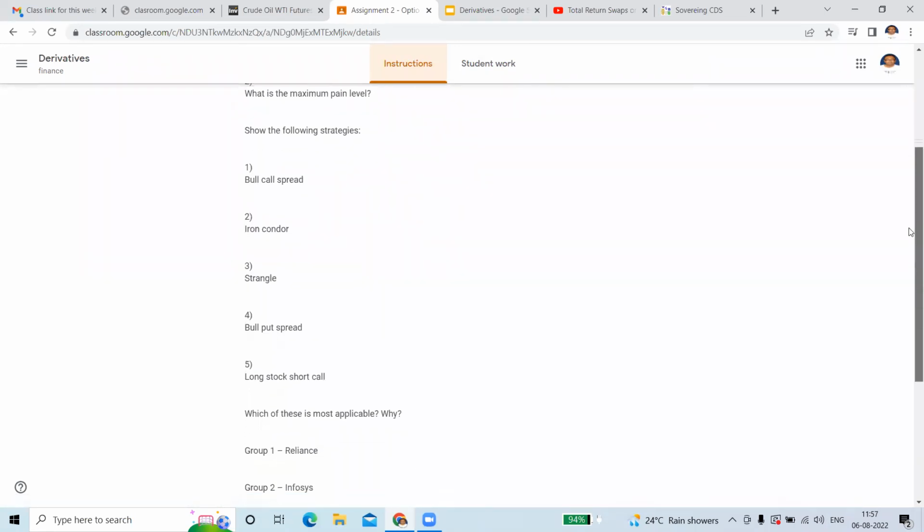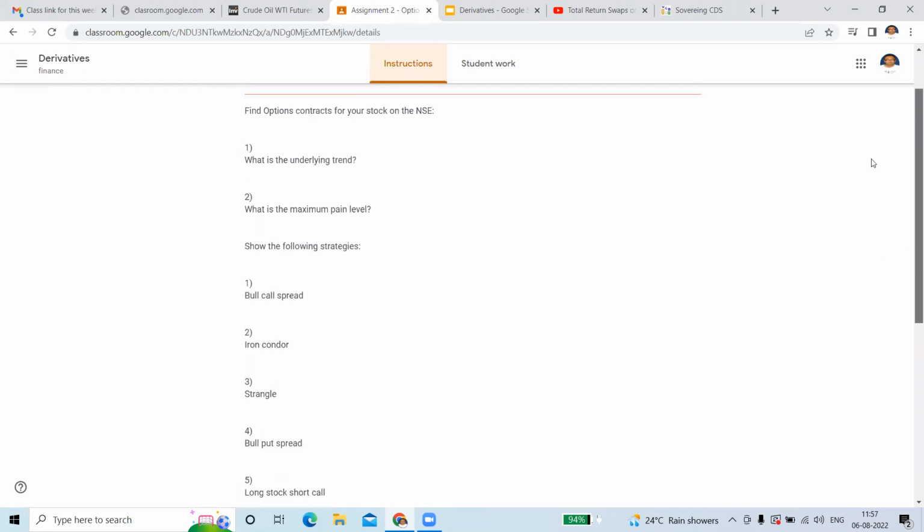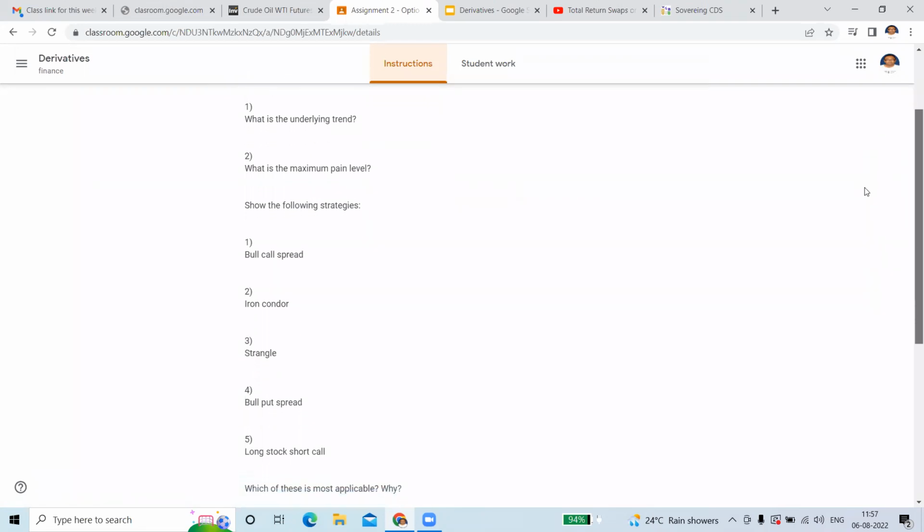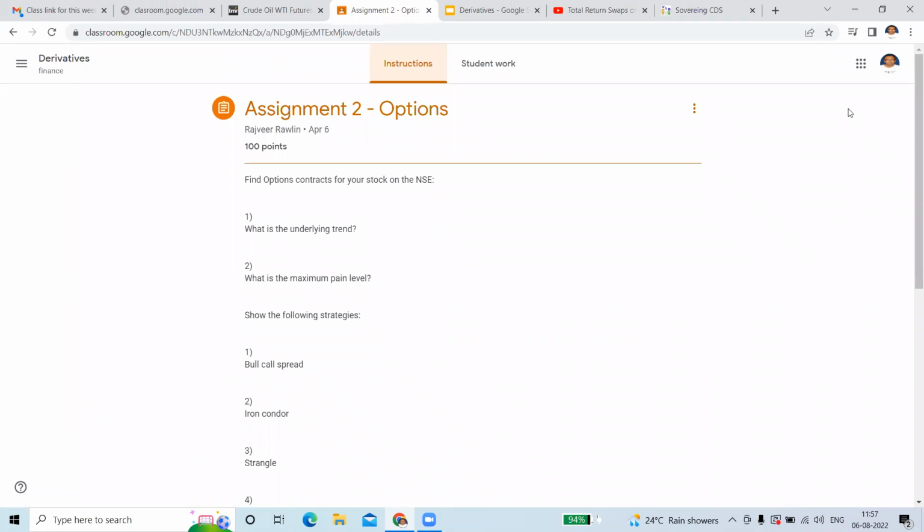The difference in this assignment, this was assigned to my MBA students, but the difference is for your stock you have to do all the strategies, not necessarily these strategies, but according to Obstra Edge, find the most profitable strategies. In Obstra Edge, there's a probability of success and risk reward ratio. Those you have to bring into the picture. Mahesh can brief you further because he has completed the assignment. So for your assigned company, you have to do those strategies. Okay, sir, I'll do that.